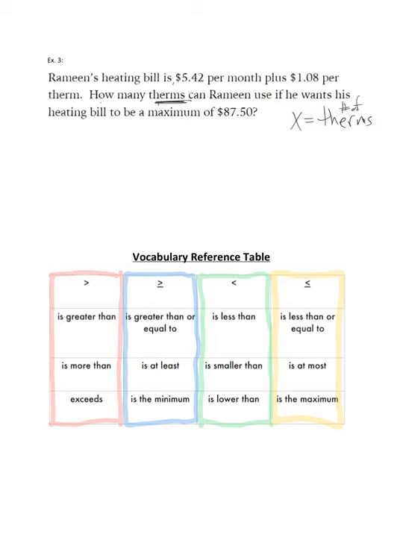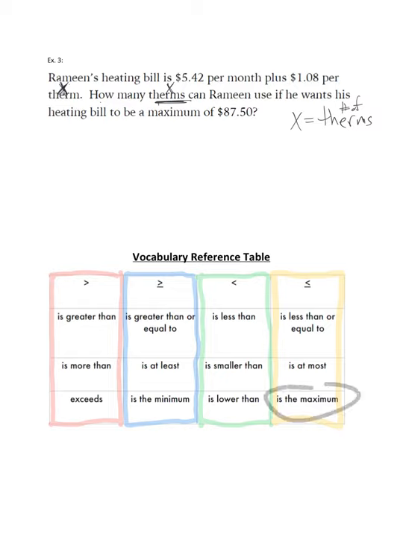And sometimes you can just label those here in your problem. So replacing therm with the variable x. The last sentence tells you that he wants the bill to be a maximum of $87.50. So going down here, we see that maximum